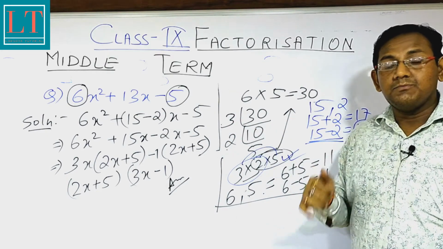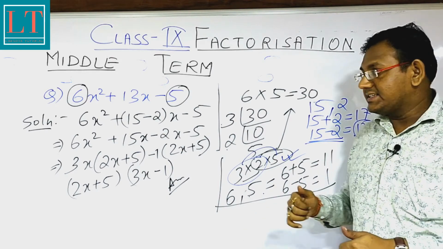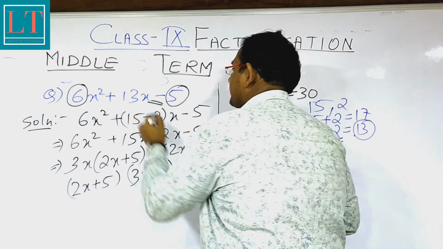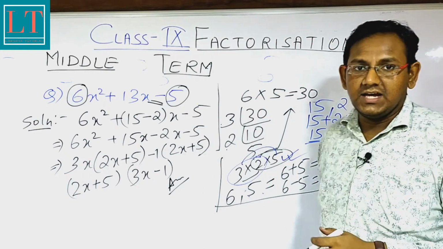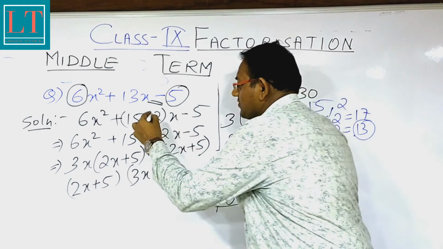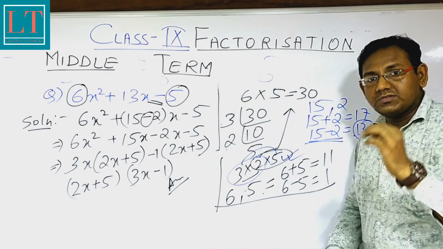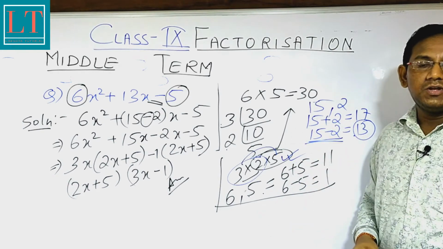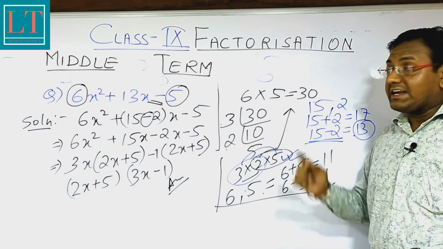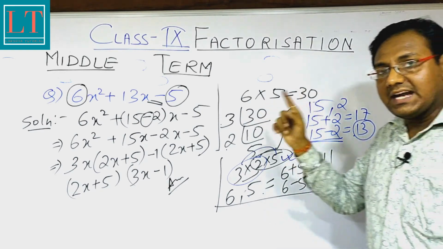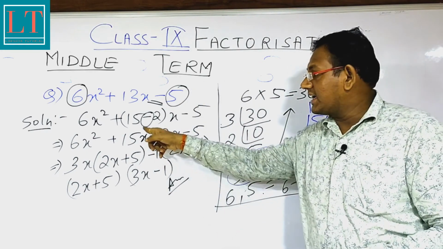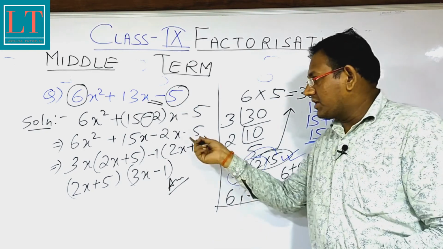Now there is a very important thing that I need to discuss. Whenever I am getting this negative sign, the sign in between the products that you are considering over here is negative. In the previous example also we had the last term negative, and over there also we wrote 6 minus 1. That means there is a sign present between them, and that is negative. In this case also, since we are getting a negative sign over here, we are taking the values and putting the sign to be negative.